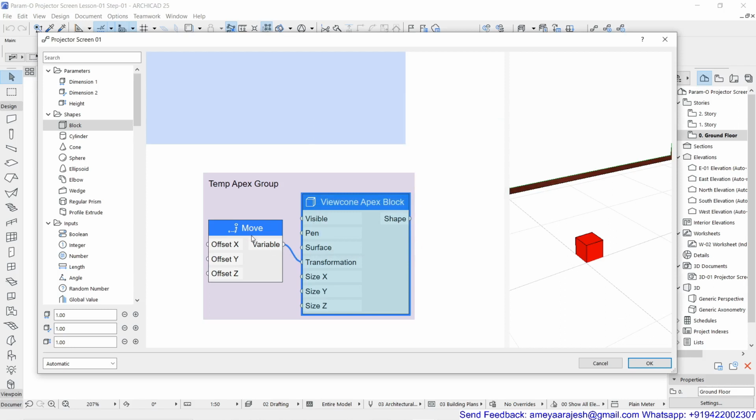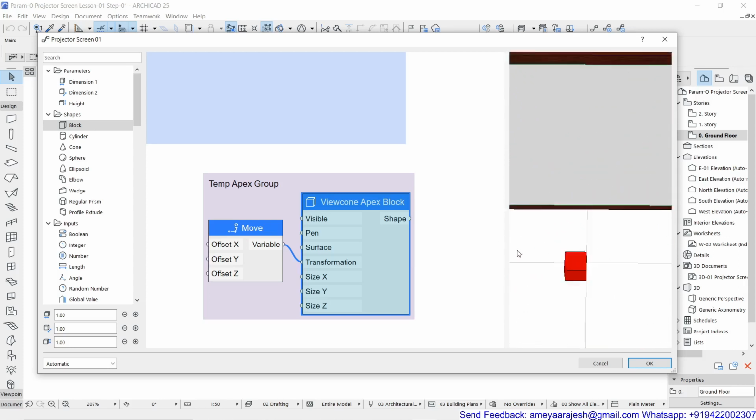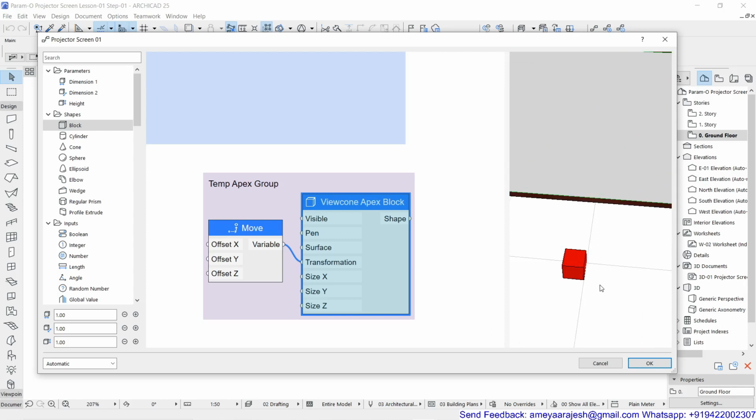Now, this block is right now placed equally on the positive x, y and z axis. So I'm just going to push this and keep it at the center. Its x side, whatever you can call length or width, its half will be exactly on the y-axis.